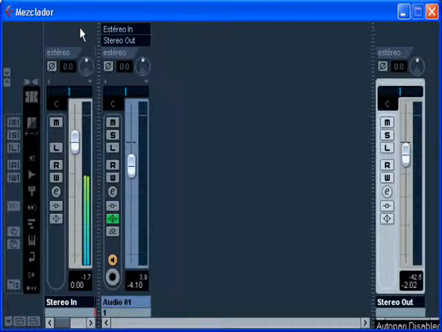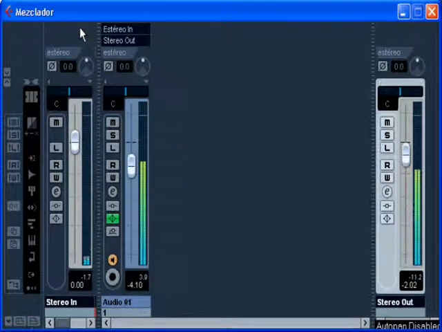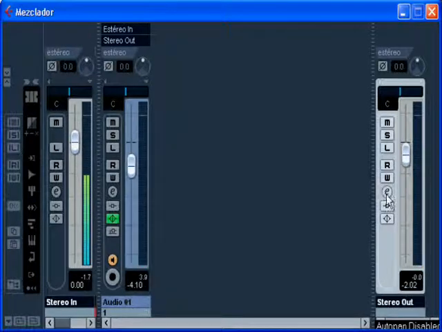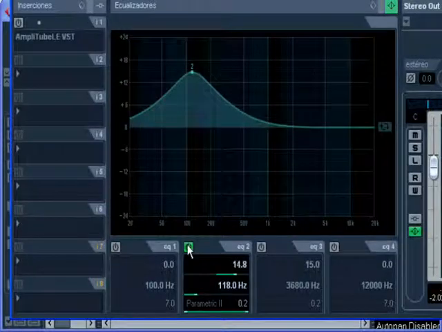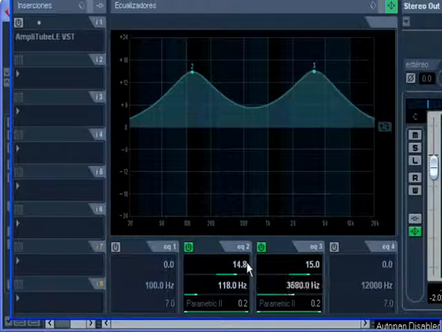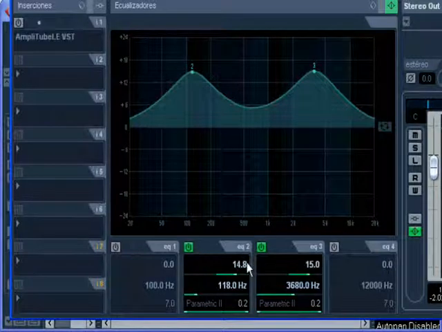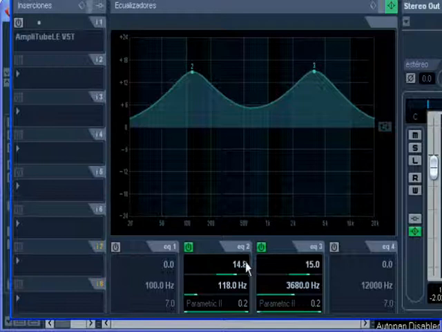Maybe this guitar is not overloading, but as we process it and we, for example, include some equalization, then I can get distortion. This could be digital distortion because it's overloading the maximum word of the